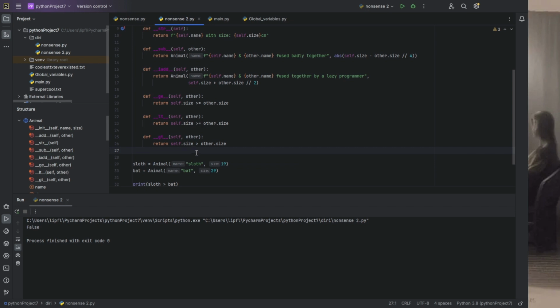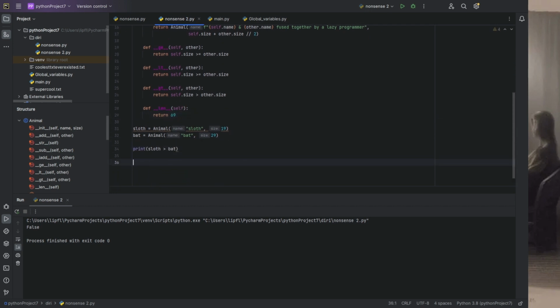Last thing I want to show for this video is the length operator, the length magic method, and this can return you, if your object is iterable. Usually, if you can iterate through your object, you can return length, which is just the number of iterations, but we are not iterating through our object, we are just returning 69. Just so you can print the length of an object,